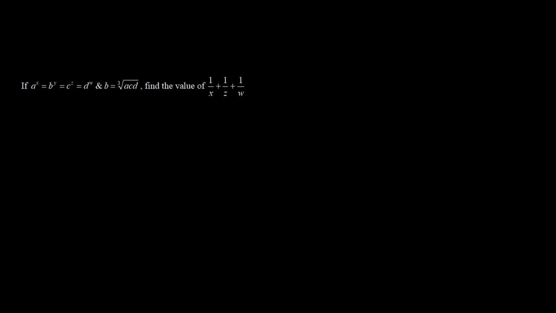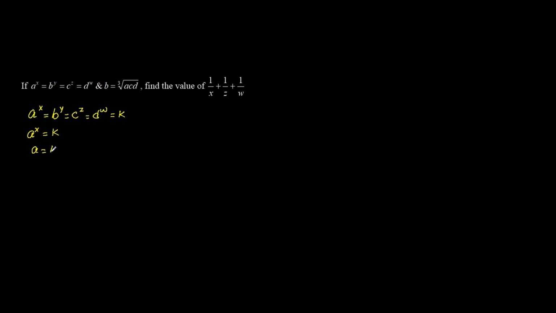We are given a to the power x is equal to b to the power y is equal to c to the power z is equal to d to the power w. So what we do is we take it equal to some constant k. So b to the power y equals c to the power z equals d to the power w is equal to k. Now, if we compare a to the power x is equal to k, so we get